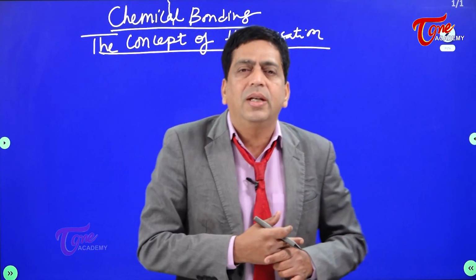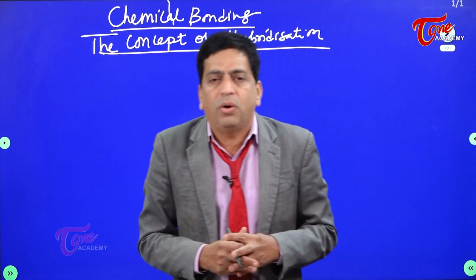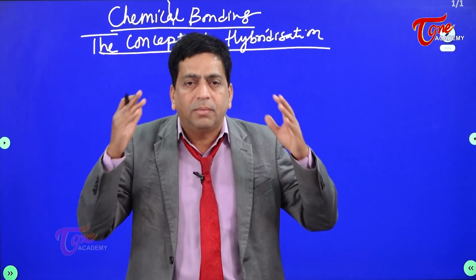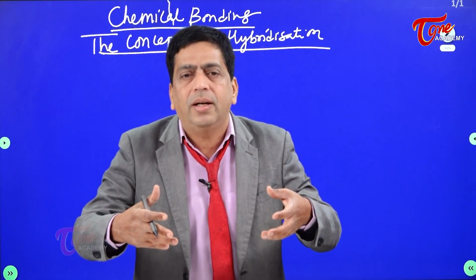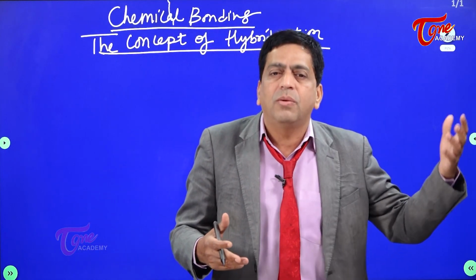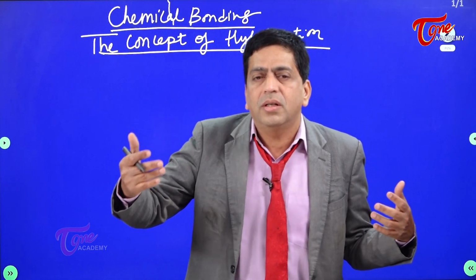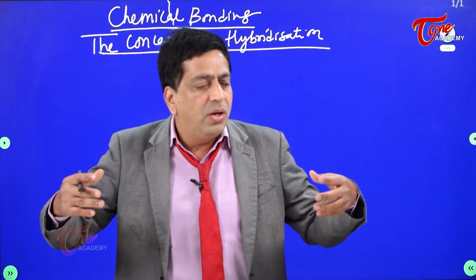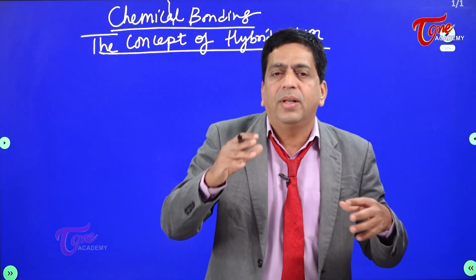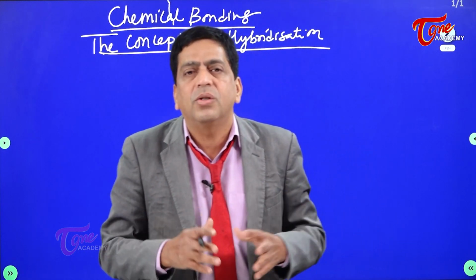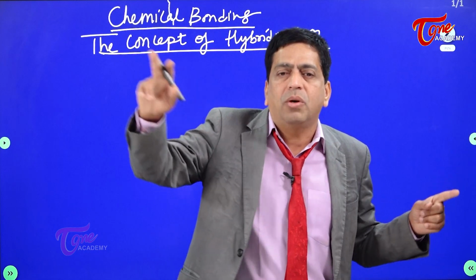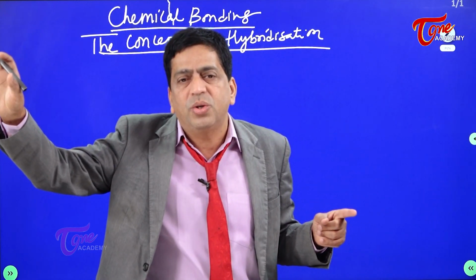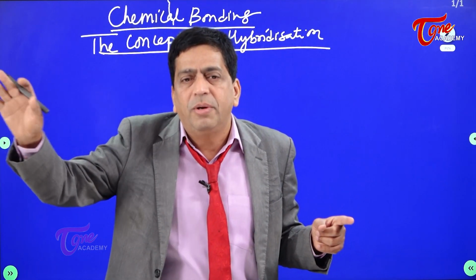What happens in overlapping is simple. First of all, you divorce the thinking that two atoms are overlapping with one another. It doesn't happen like that. The atomic orbitals in one particular atom and the atomic orbitals in another particular atom actually overlap, and there are conditions for the orbitals to overlap. Not every orbital will overlap, only those orbitals in which the electrons possess opposite spin shall do this.